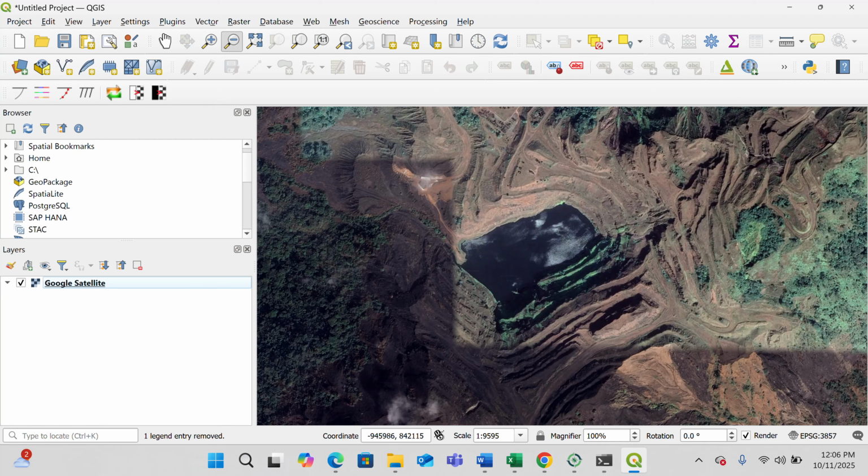So hello and welcome to a very short tutorial on how to generate regularly spaced points in an area. This is very important for several reasons. For example,